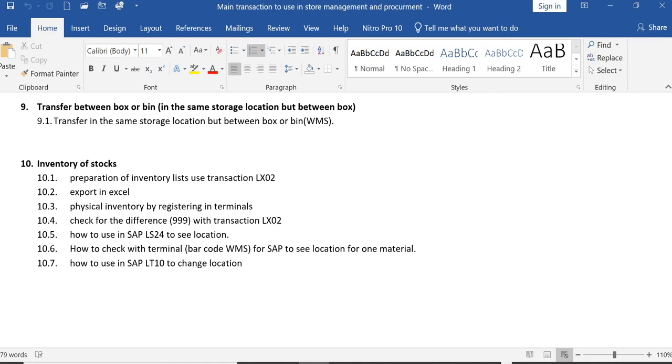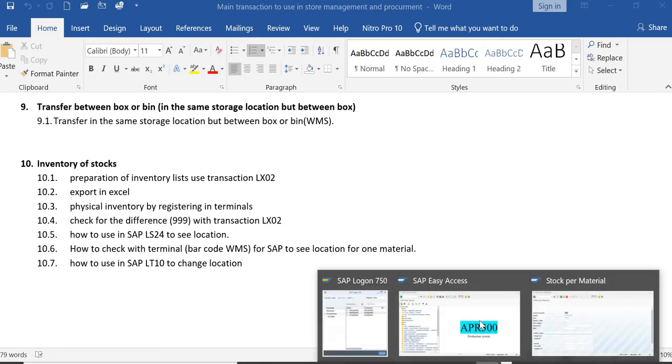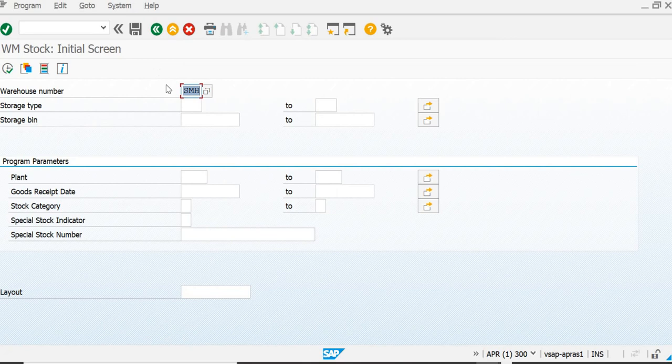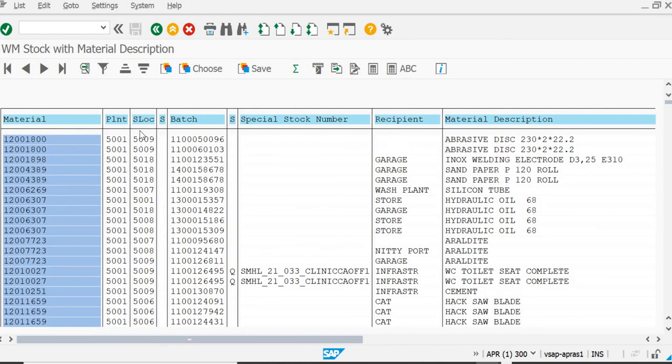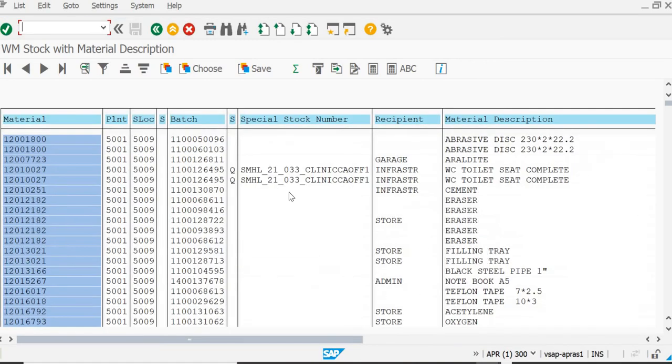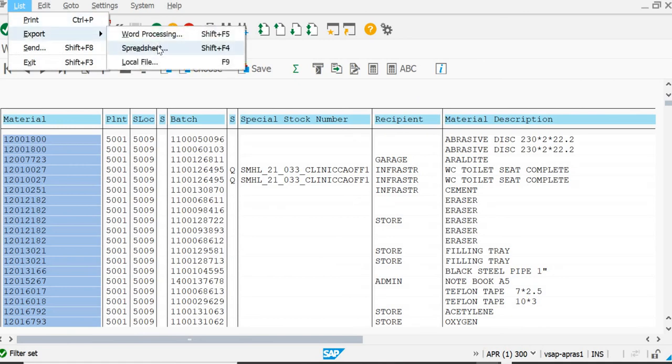Okay, you go in SAP, you do LX02, you put here semi hash, you put here start, and execute. Here, you just click here, go to the filter and type here 5009. I chose 5009 because we have a little bit of difference there. Enter. Okay, you go here to list, export, spreadsheet,